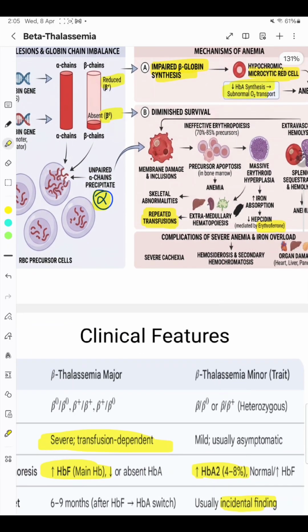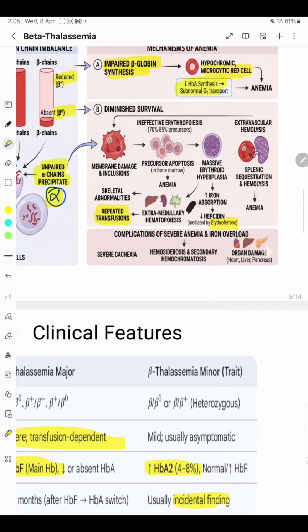Another mechanism is unpaired alpha globin chains cause damage to the RBC membrane or red blood cell precursors in the bone marrow. Damage to these precursors promotes apoptosis, and this will result in compensatory erythroid hyperplasia in the bone marrow. Due to this erythroid hyperplasia,